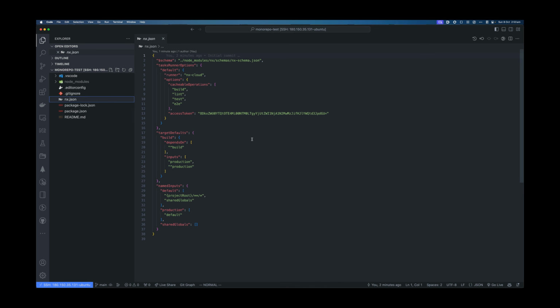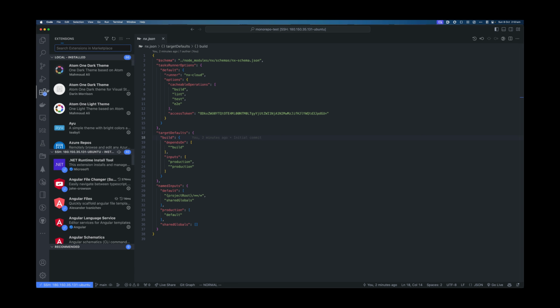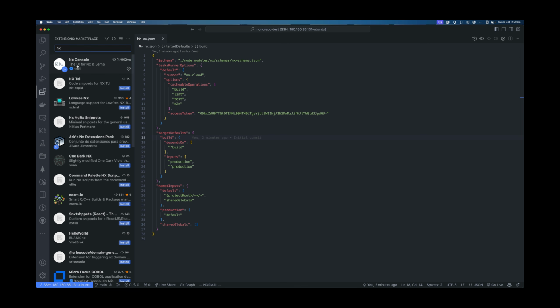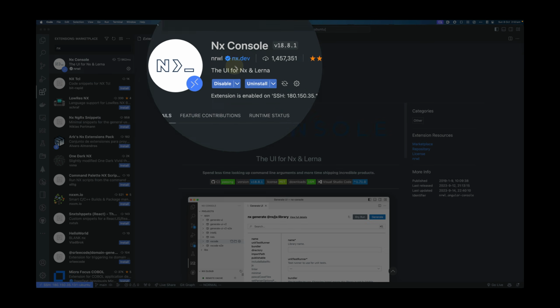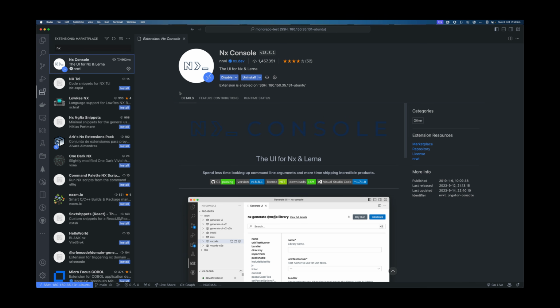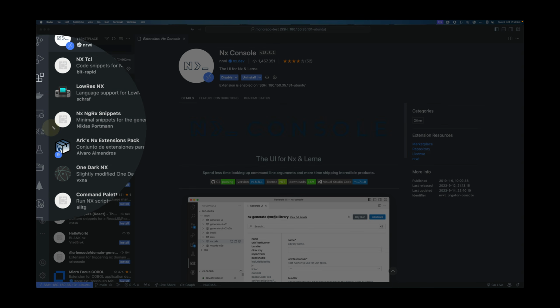Let's go to Nx. Now in here, we first need to install an Nx extension, which is basically going to help you quite a lot. So go to the extensions and search for Nx, and you'll see the first extension named Nx Console. It's by the official Nx team, and what we'll do is just install it. I've already installed it, and that's why I see this Nx